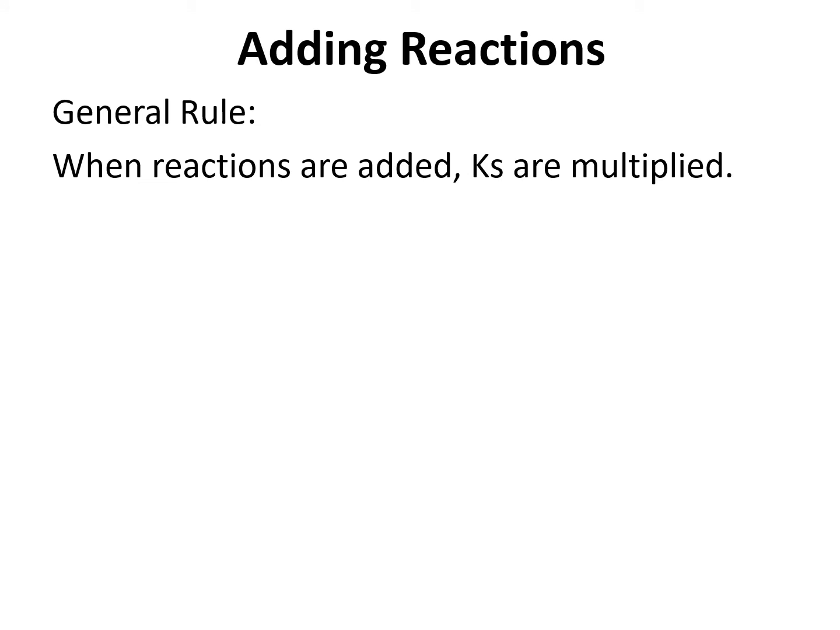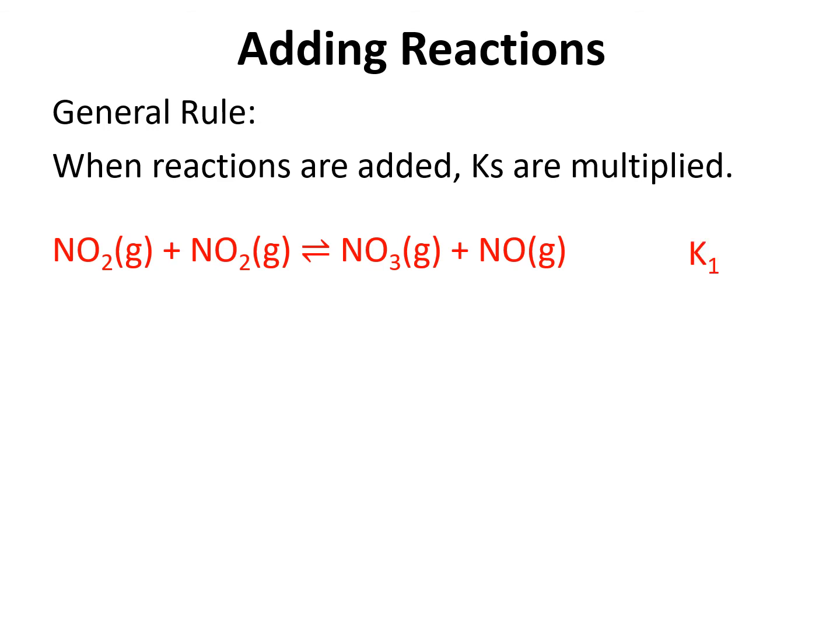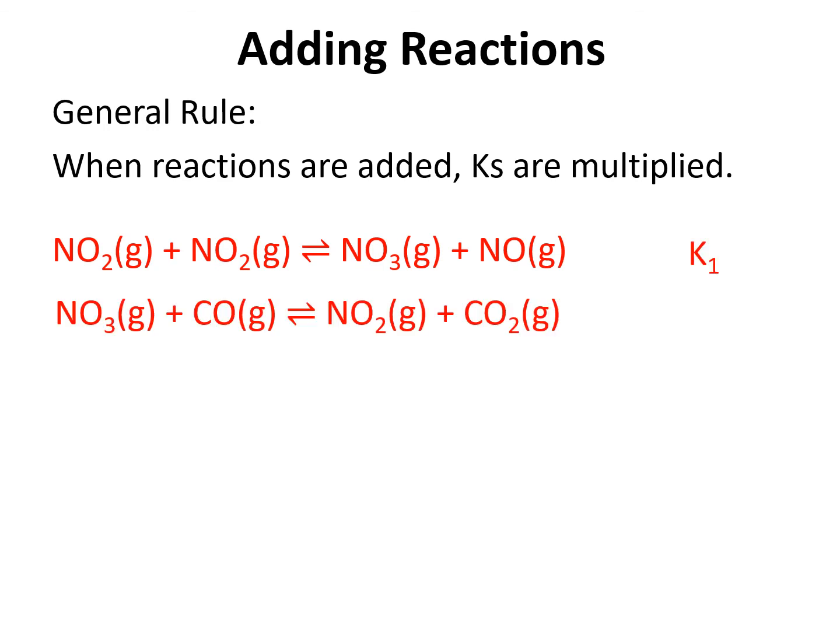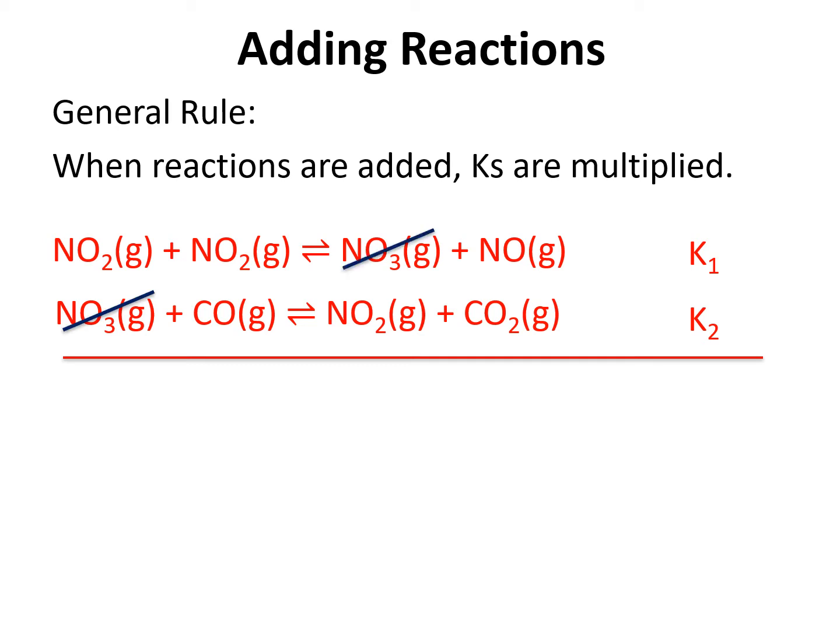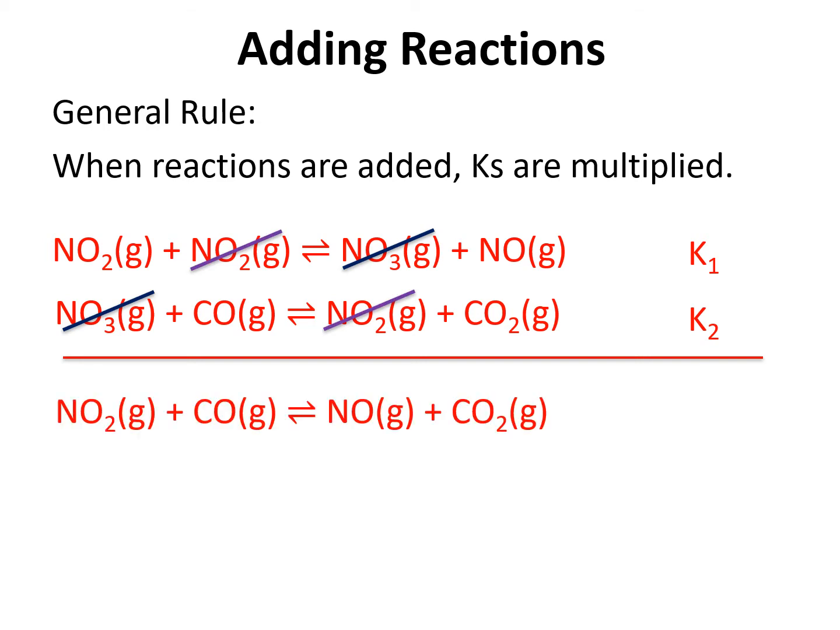So when we're adding reactions, our general rule is going to be that the K's are multiplied. If we look at these two specific reactions, each giving a K1 and a K2, we can look at species that can be canceled out, right? So we can go ahead and add these two reactions, and we can see that the NO3s will cancel and the NO2s will cancel to give us our new balanced reaction, removing anything we see as a reactant and a